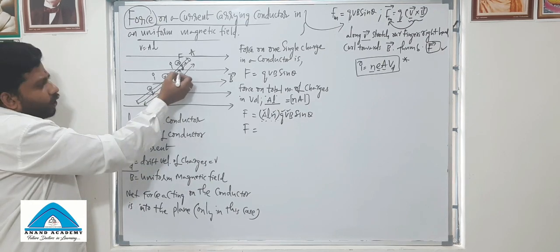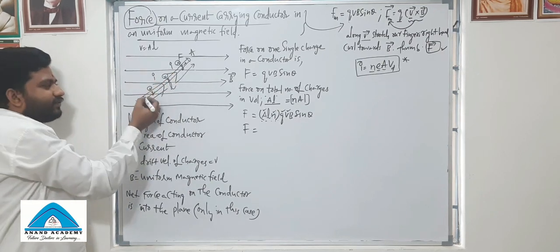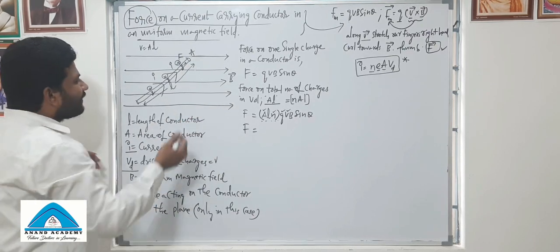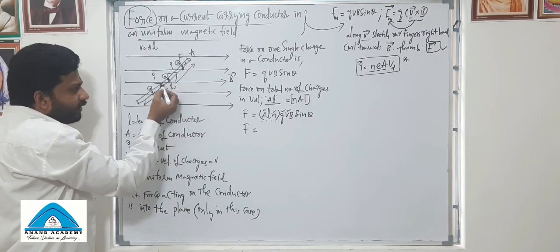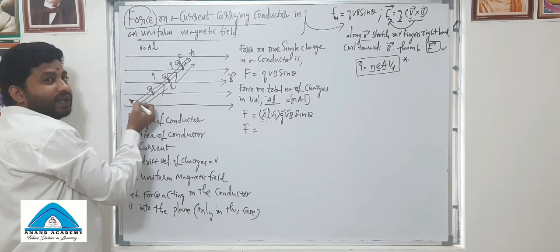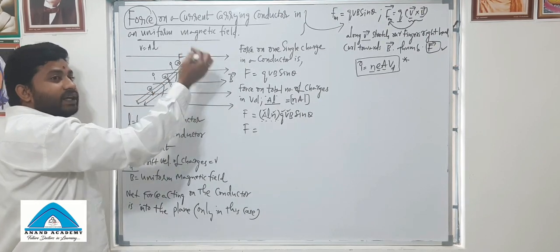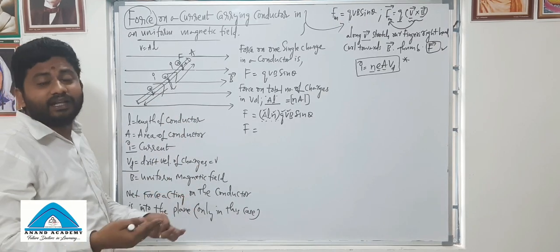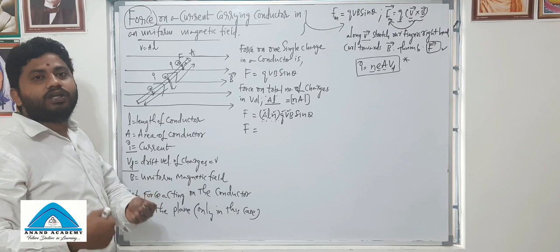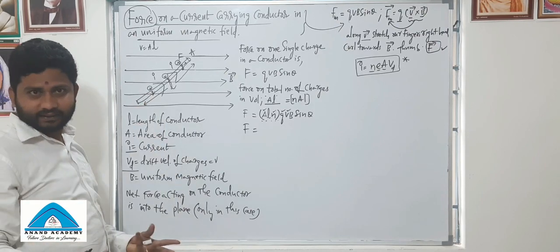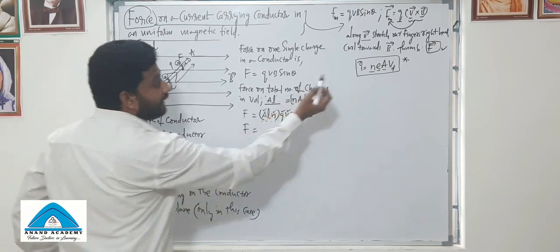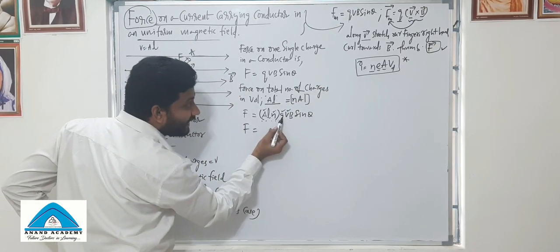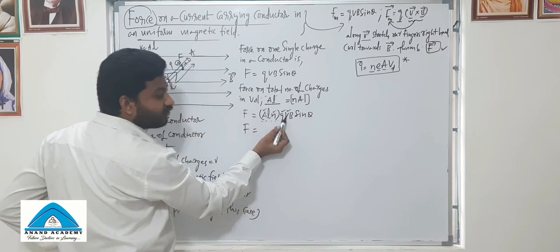Drift velocity of electrons will be in the opposite direction, and the positive charges will be in the other direction. Again, the drift velocity of electrons will be in this direction. Opposite to that, in the direction of current, is the drift velocity of positive charge. The same. Current is opposite to the direction of the free electron motion. That's it. So here I is NeAvd. This is N, this is E, this is A, and this is Vd.